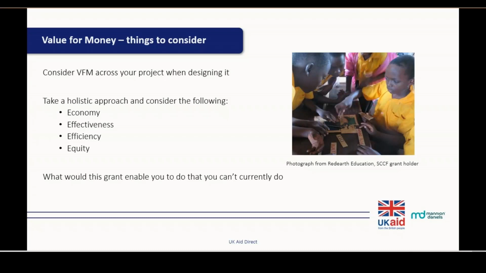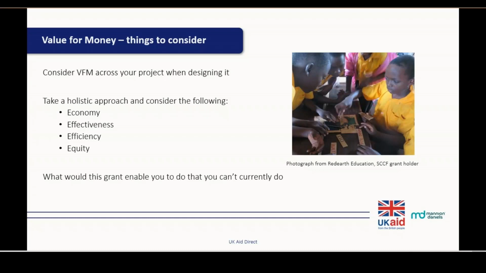Effectiveness: are you being as effective, or do you think you're being as effective, in achieving your targets? In terms of efficiency, this measures whether you are delivering your intervention in the most effective way. If you're delivering services or training, are you reaching the maximum number of people at the minimum cost, for example? In terms of equity, are you reaching the most vulnerable and those with the greatest needs? How did you target them? And are they really the most vulnerable?